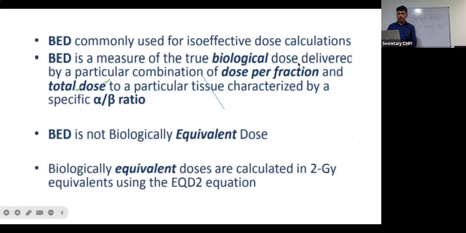Normal tissues are actually defined for a different end effect. So BED is commonly used for isoeffective dose calculation. BED is a measure of the true biological dose delivered by a particular combination of dose per fraction. BED is not a biologically equivalent dose actually. Don't confuse the BED with your prescription dose. If you calculate your BED for a prescription dose of 60 gray for tumor, alpha by beta 10,